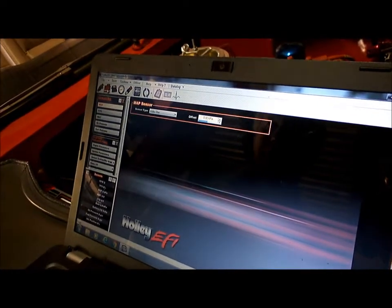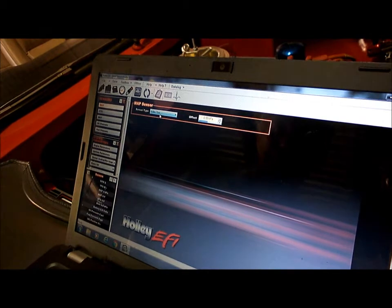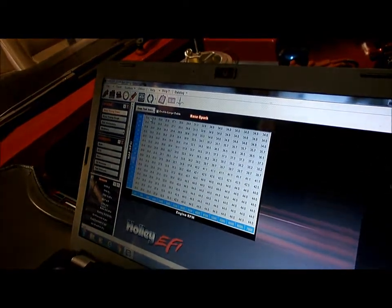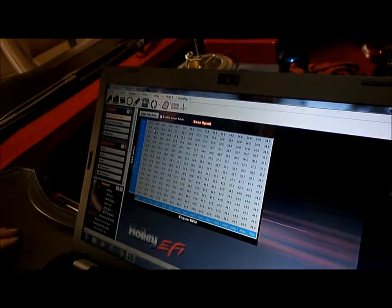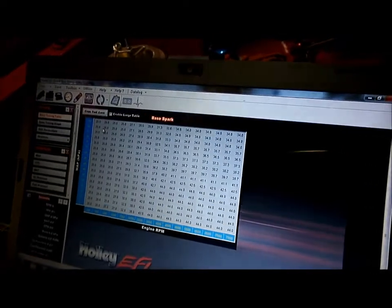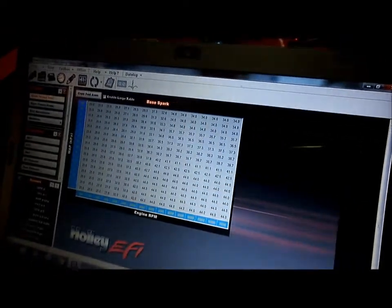The only other thing that we need to do is tell it it's a Holley sensor. Well, it seems it already knows that. We'll just have a look at our map here. This is our spark map. This is what the computer has automatically drawn for us. So that all looks pretty good. We'll have a look at the fuel,